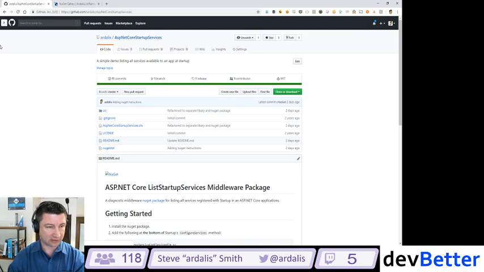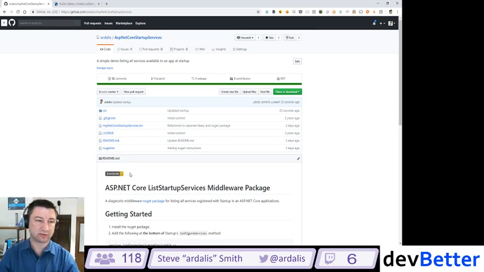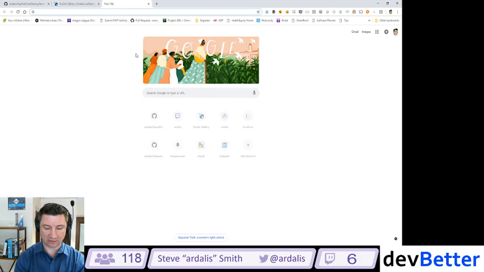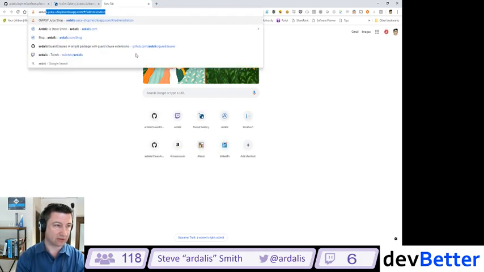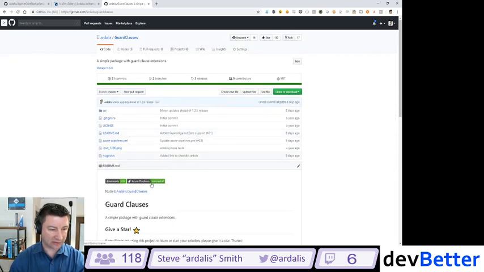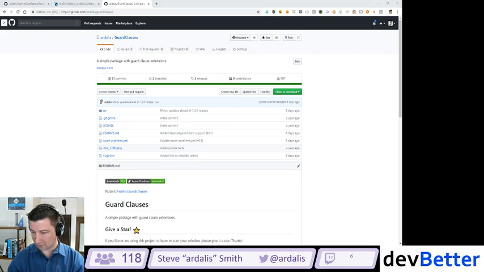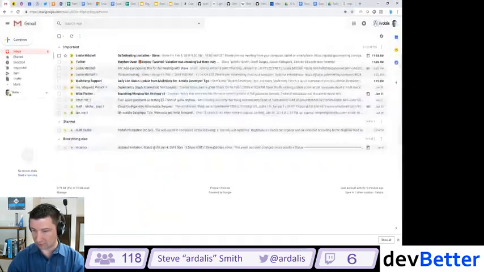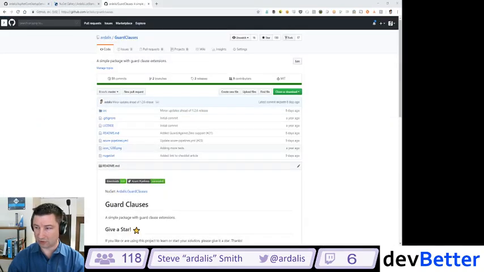Wednesday, I think, when I was last working on this, I wanted to add, where's my image not working? There we go. I wanted to add Azure Pipelines to this. So if I look at one of my other projects, like guard clauses, you'll see it's got this Azure Pipelines succeeded thing. So we're going to add that. And at the same time, I'm going to go ahead and grab some screenshots and make a quick blog post about